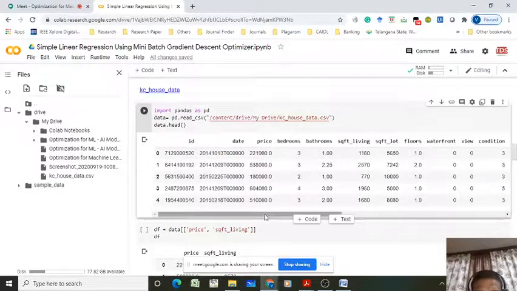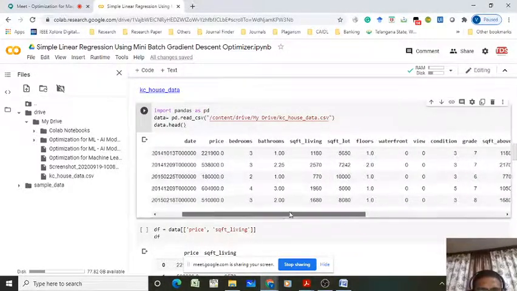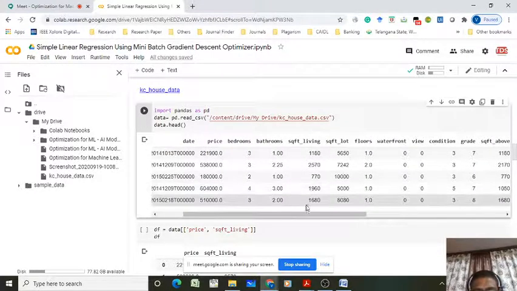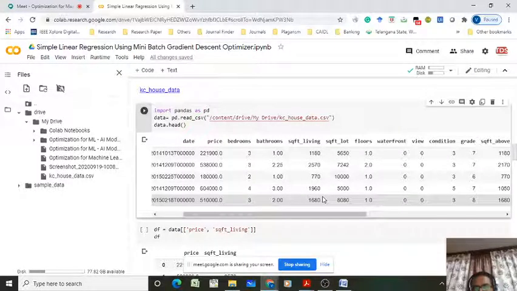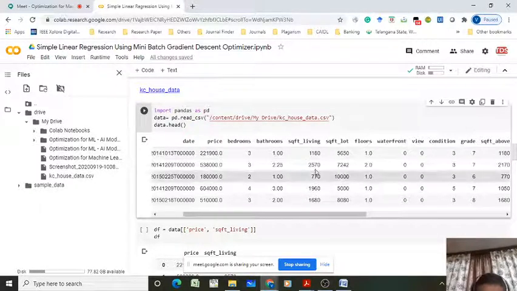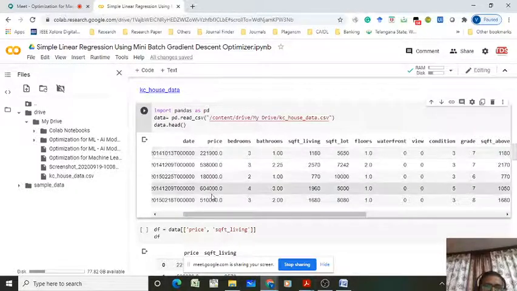That's better. Now in the data set you have multiple features, right? Multiple features means number of bedrooms, number of bathrooms, square living feet, floors and everything. So this is actually for a bigger problem. We can attempt this problem by using the multilinear regression model or by using the artificial neural network model. But we are working on the simple linear regression model, right? So for that purpose, I want to take only the column square feet living and also price. This is the input, and based on this input I want to estimate the price.